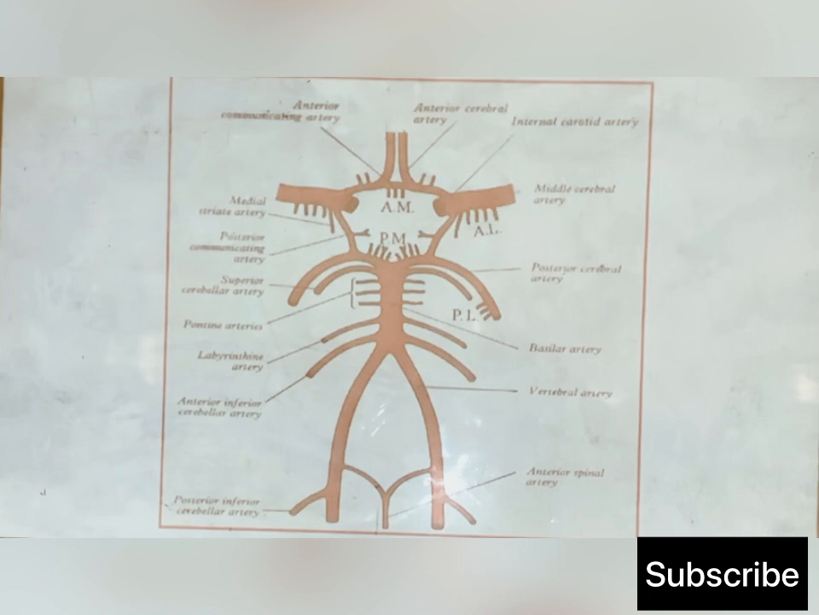That labyrinthine branch supplies the internal ear. You know, the ear is divided into three compartments: external ear, middle ear, and internal ear. So the internal ear is being supplied by this second branch from the basilar artery. That is what we call the labyrinthine artery. Are you clear? So we have the labyrinthine artery supplying the internal ear, and the other branches coming from the basilar